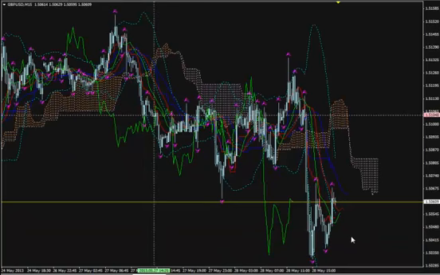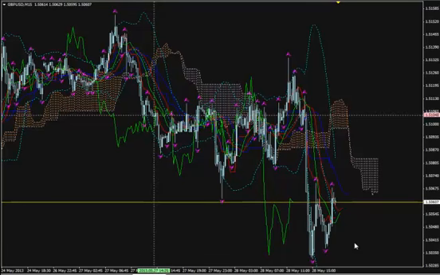Hi, this is the GBPUSD pair. Today it's 28th of May 2013 and the time is 19:33 GMT. We are looking at the H4 chart, or better, let me take it to the M15 chart. We are looking at the M15 chart of the pair, and I have